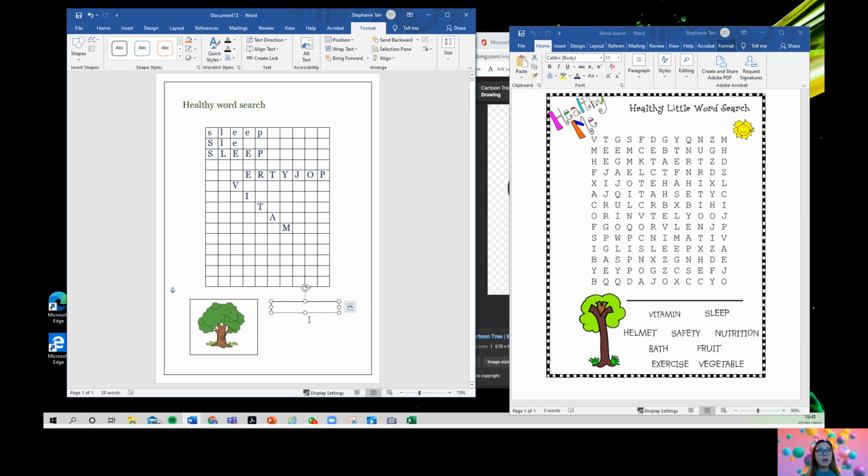So can we remember what they were? Sleep and vitamin. Obviously you would have more than 2 words in your word search, but I'm just showing this to you for now. Now remember,